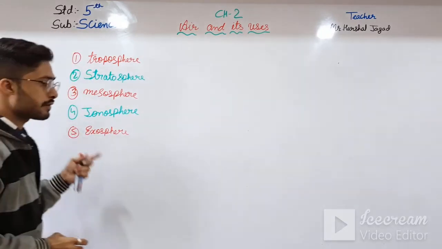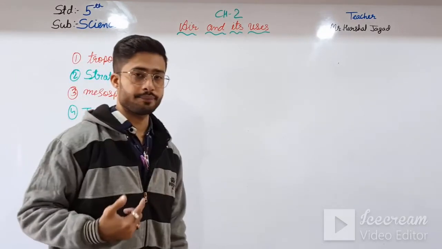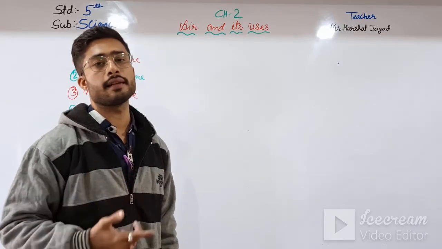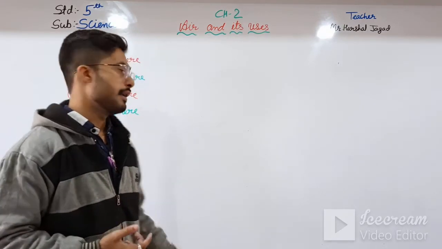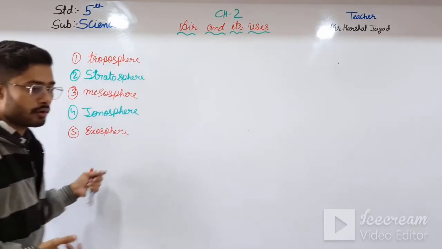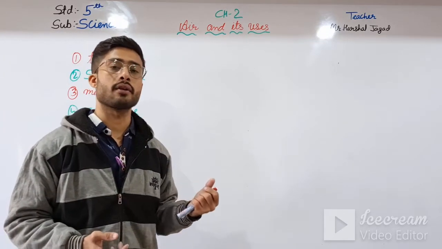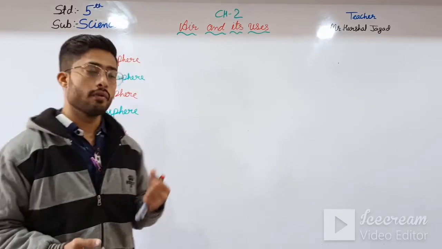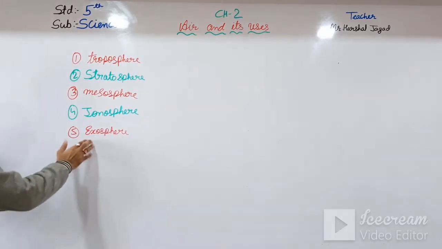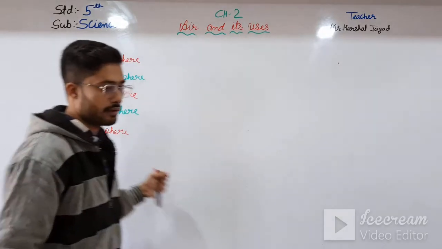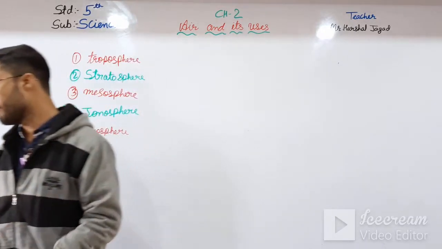Then coming to the ionosphere, in this the orbital satellites orbit, and in the exosphere the communication satellites are there, so we can talk from any part of the world to any other part of the world. Okay students, that is the exosphere. Okay, now moving forward,